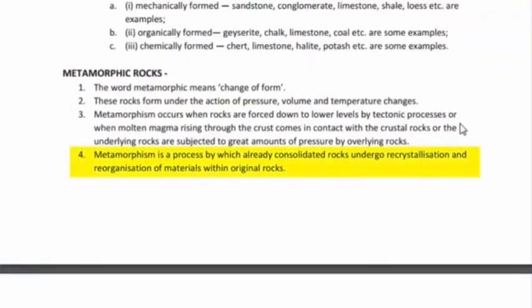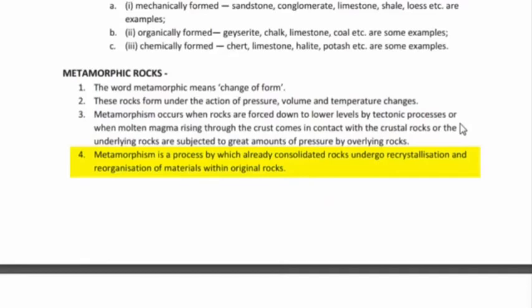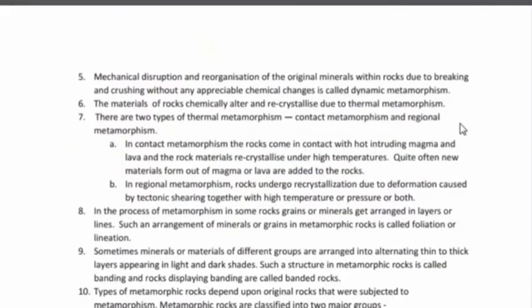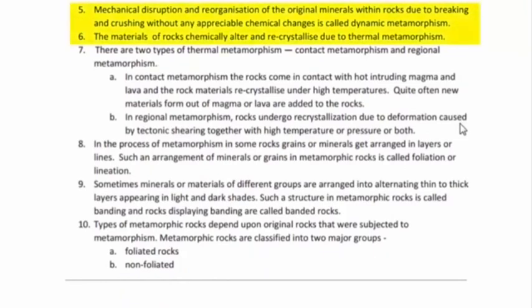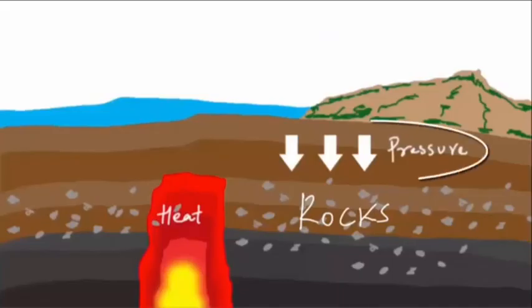Metamorphism is a process by which already consolidated rocks undergo recrystallization and reorganization of materials within original rocks. So this recrystallization and reorganization of a rock happens due to extreme heat and pressure. When the rocks make their way inside the mantle during subduction, heat and pressure act on them and transform them into metamorphic rocks. Now the transformation of metamorphic rocks happens in two ways. One is through dynamic metamorphism and the other is through thermal metamorphism. Let me cover these two points together. Now rocks undergo dynamic as well as thermal change. So one is due to pressure of the massive weight of